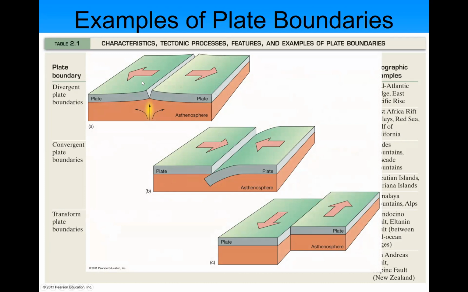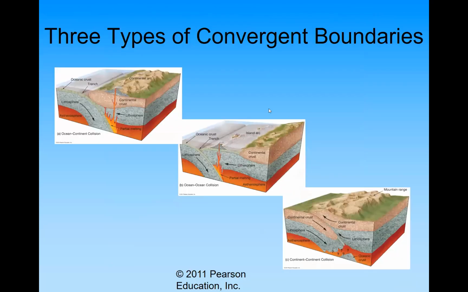So here are the basic ideas of divergent boundaries. This is ocean plates drifting apart. This is a convergent boundary where ocean crust is meeting other ocean crust, and these are transform faults. So the three types of convergent boundary are ocean to continent,